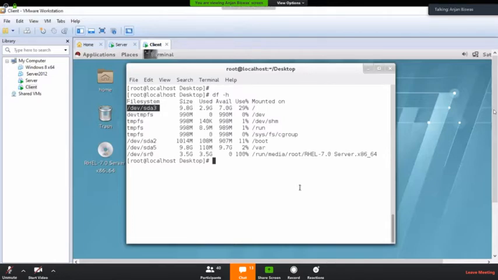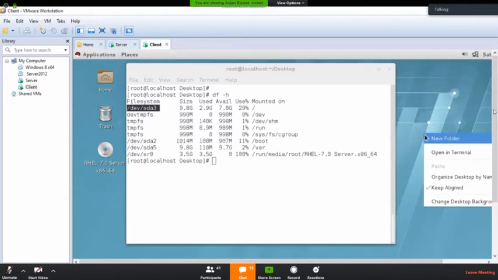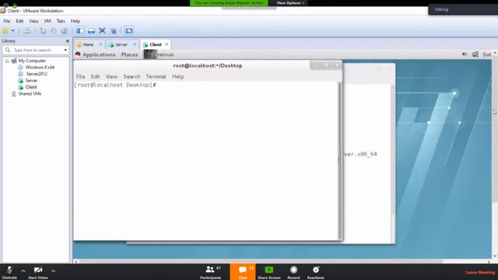So see, /dev/sda3. That is also a file. As the hard disk is a device, this particular file will be stored in the /dev directory. Slash is the root directory of every Linux file system hierarchy. So slash is the root directory, and /dev means the device directory, and under the /dev directory sda3 is there. Let me open another blank file.